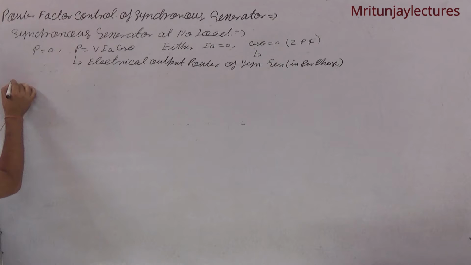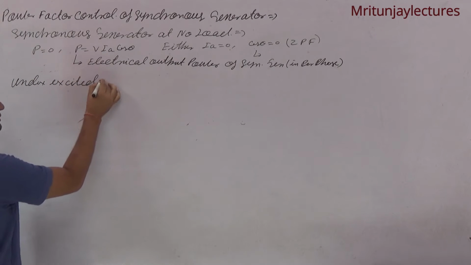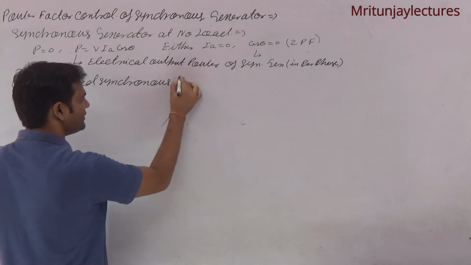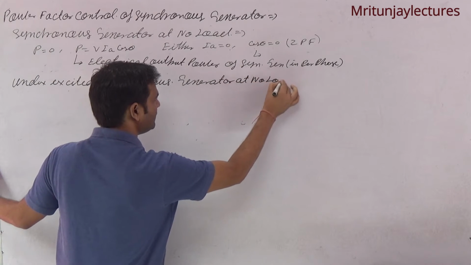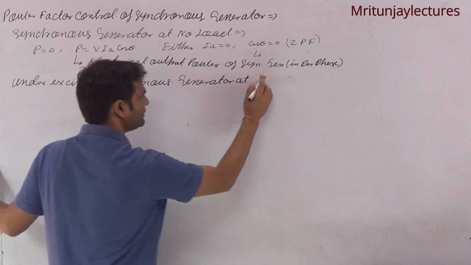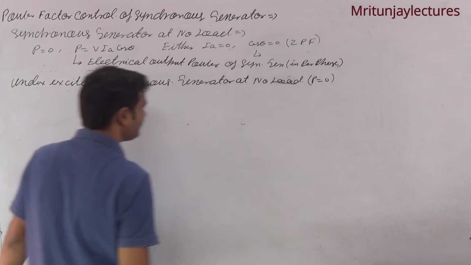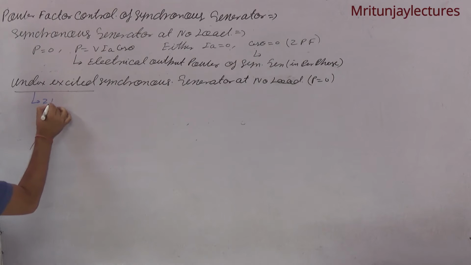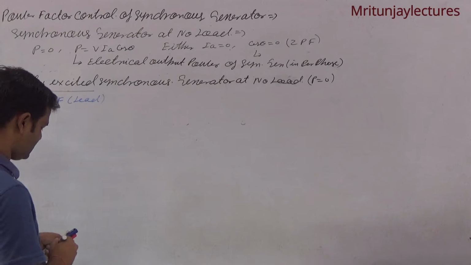Now under excited synchronous generator at no load. Okay, P this be equal to 0. Under excited synchronous generator, under excited means ZPF leading. Okay,